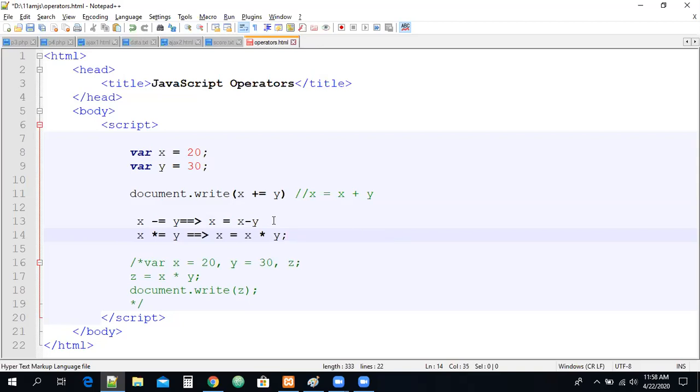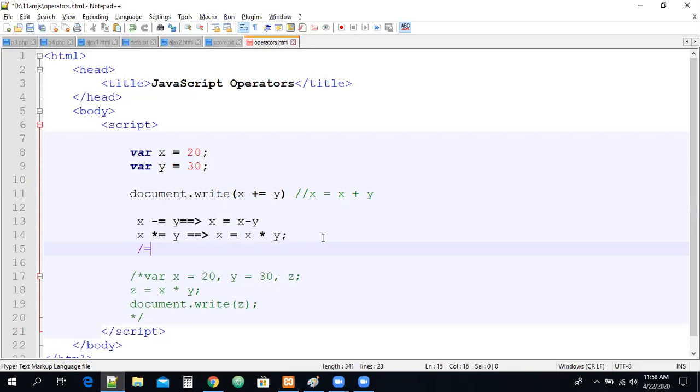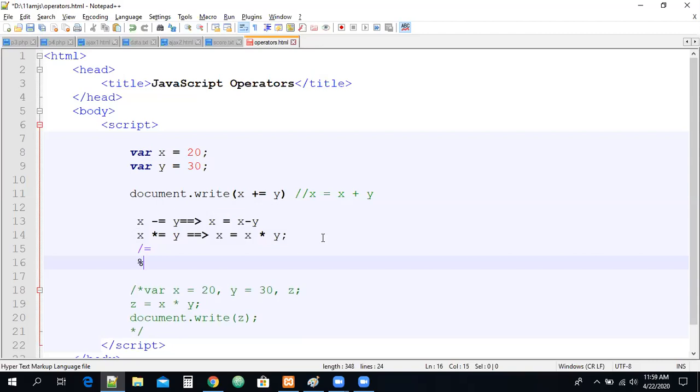So what are these called? This notation we can write like this, as well as like this. Some people may write like this, some people may write like this, guys. This is called an assignment operator. You can also write slash equal to for division, or modulo division equal to. Apply these on the same variable so that you will understand exactly what these operators are. All these are assignment operators, guys.